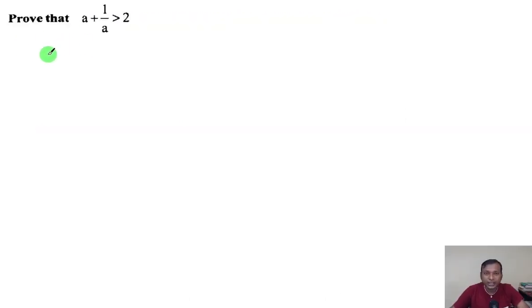This is a question of inequality. Here we have to prove a plus 1 by a is greater than 2. We know that for any real values of a, the square of any number is always positive. So we know that